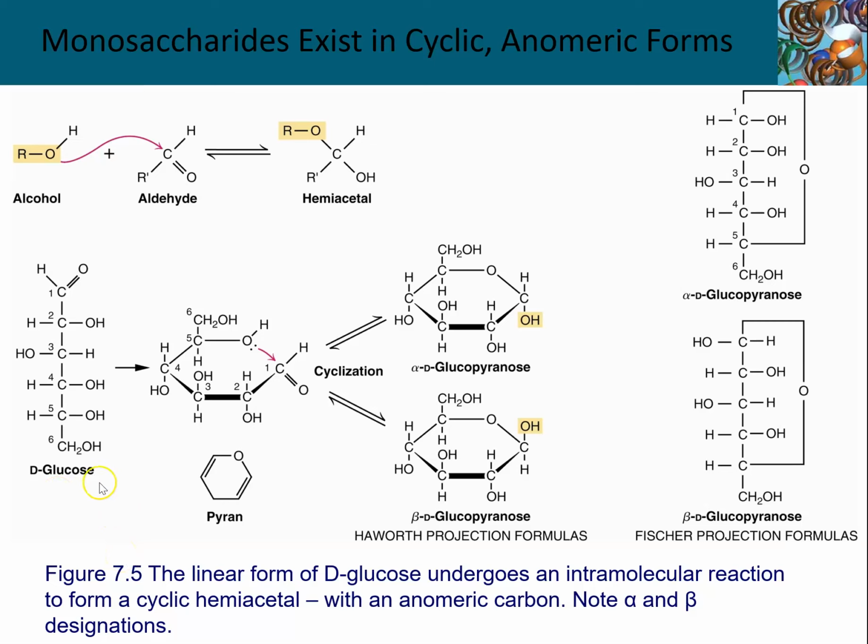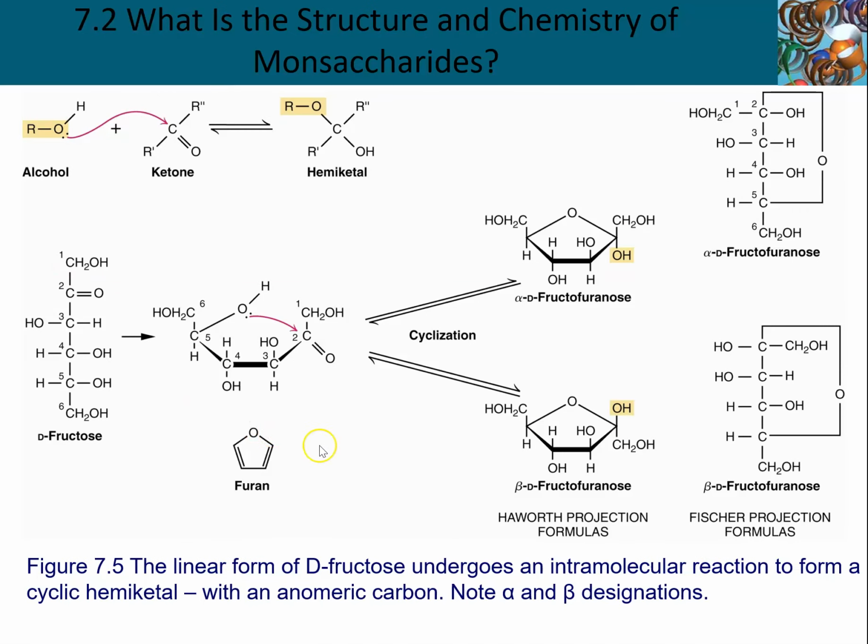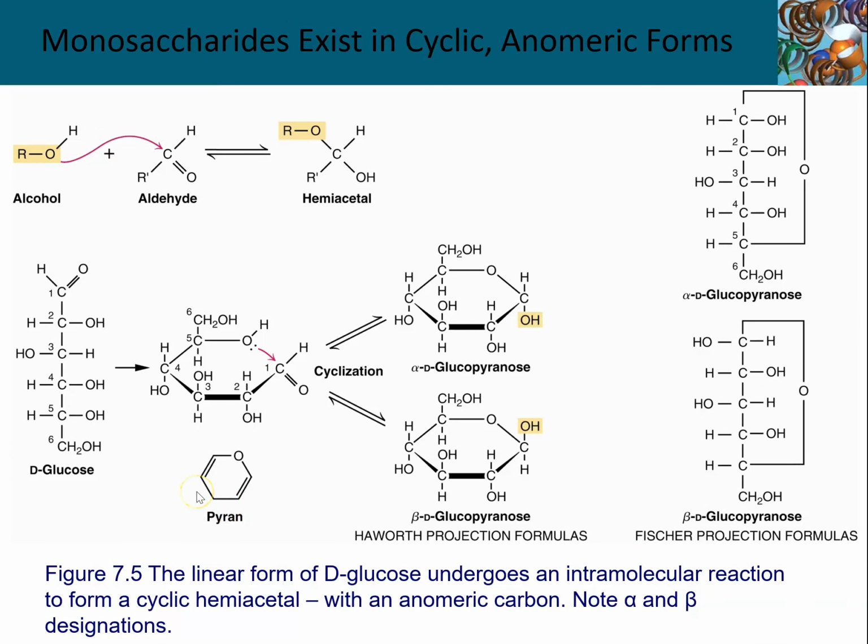So let's take a look at all the ways this can be drawn and visualized. Here we have our D-glucose, nice and linear, drawn classically. And if we take this one carbon and it were to fall over to the right, bang, all the way down. What you'd see is the 2 carbon hydroxyl group is down, the 3 carbon hydroxyl group is up, 4 carbon hydroxyl group is down, 5 down, etc. And 5 would be out because it's going to be performing a nucleophilic attack.